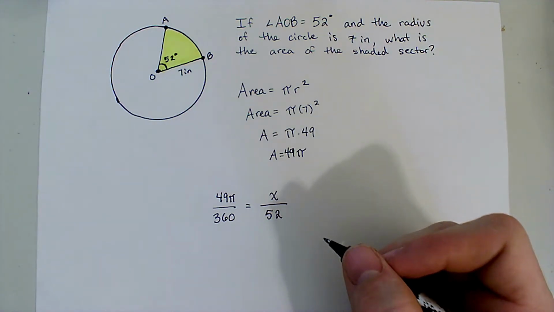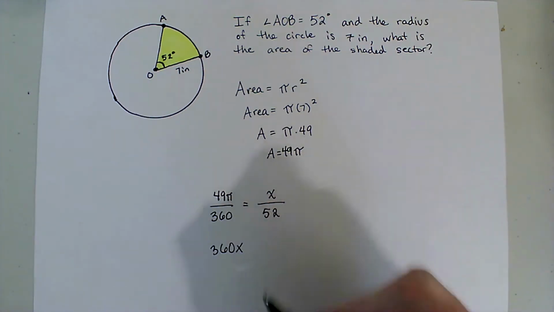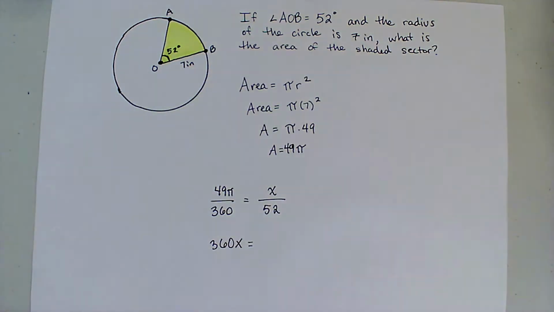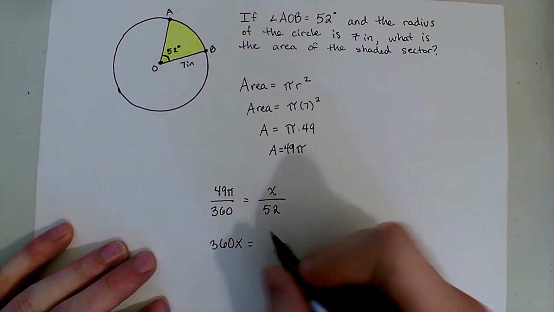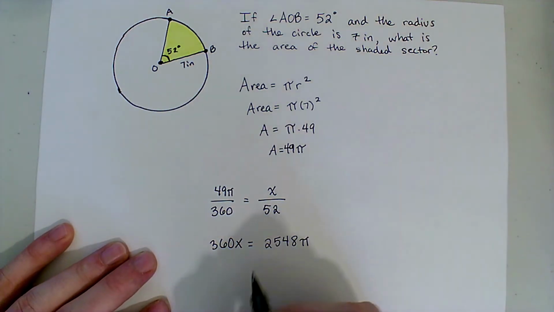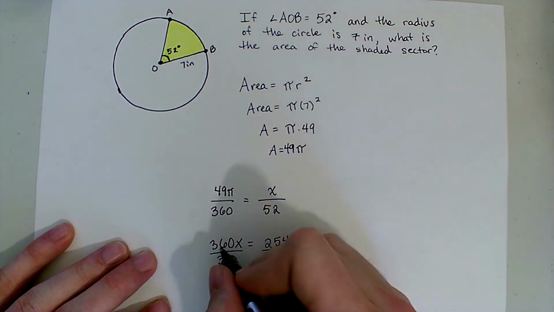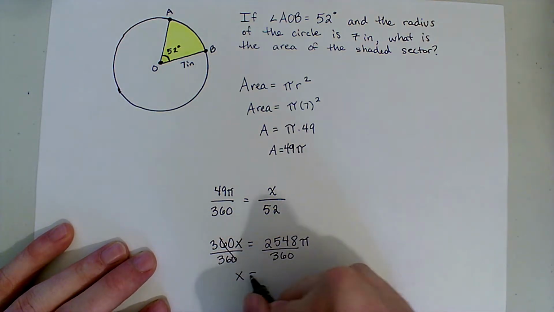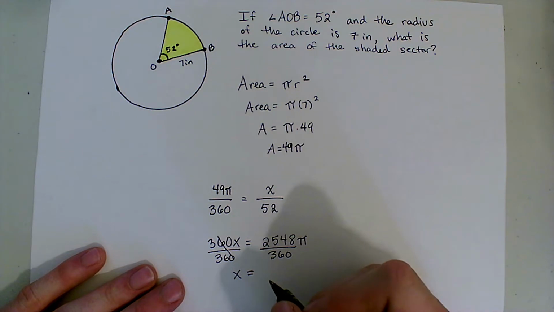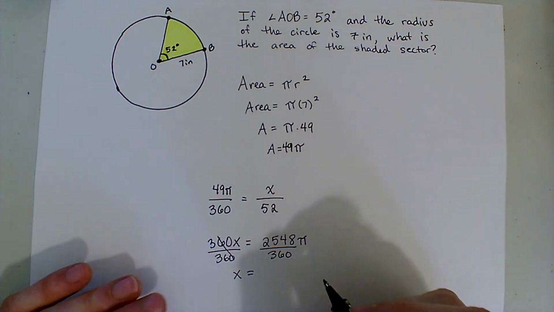And then we cross multiply. So 360 times x is 360x equals 49 times 52, which is 2,548 pi. Then I divide both sides by 360. That's going to leave me with x equals, divide by 360, and I get a decimal that's 7.0777 repeating. And if I want to turn that into a fraction,